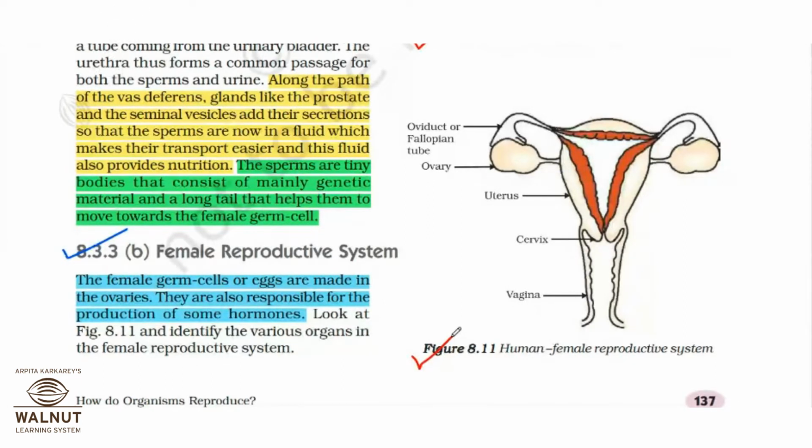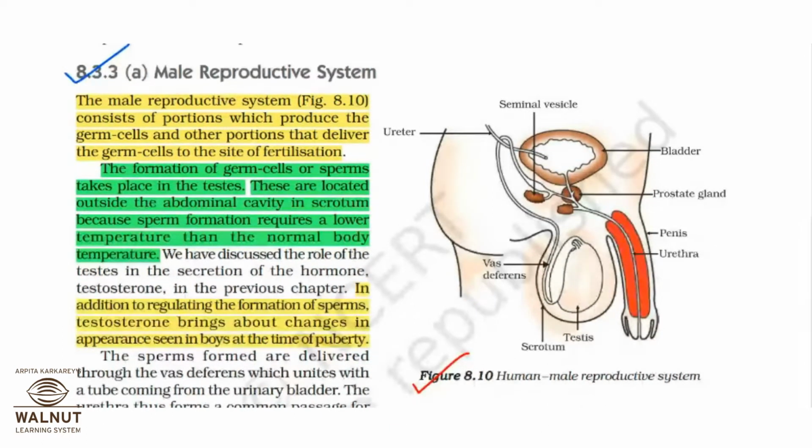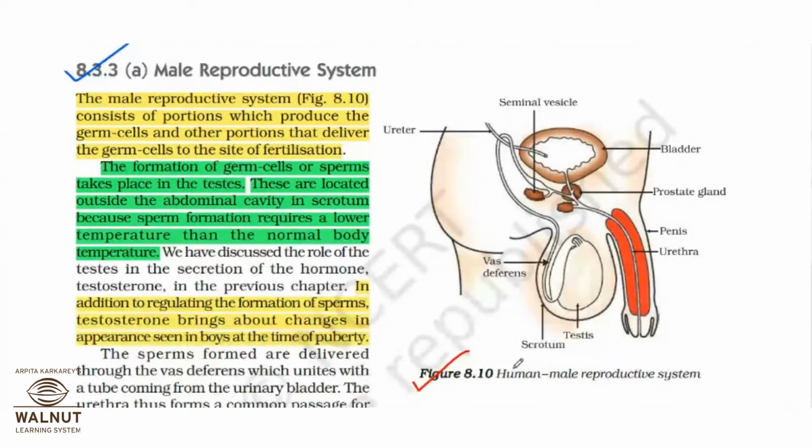Okay, now after that, a few points I have highlighted here. So you can see, you can take a screenshot. I will read, or else maybe I'll ask someone to read. Who wants to read? So please read this first para, the yellow one. Yes, ma'am. The male reproductive system consists of portions which produce the germ cells and other portions that deliver the germ cells to the site of